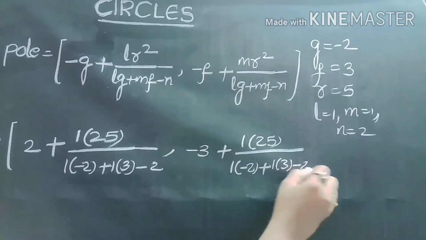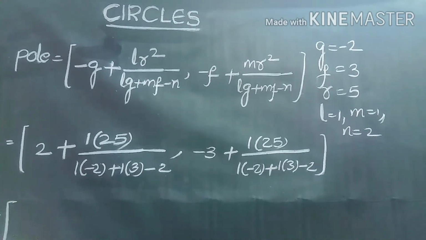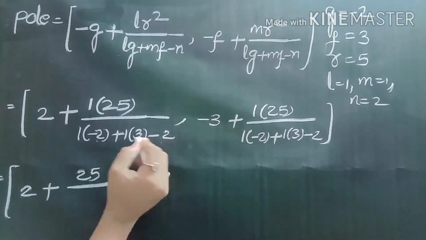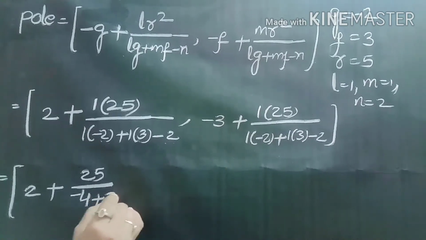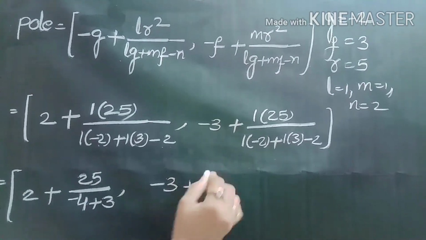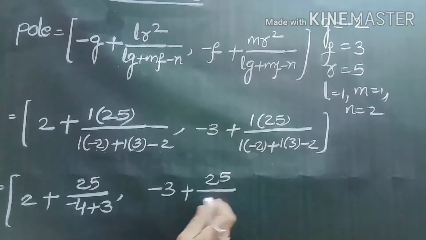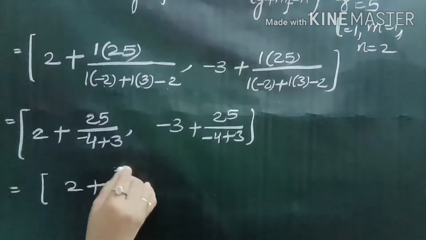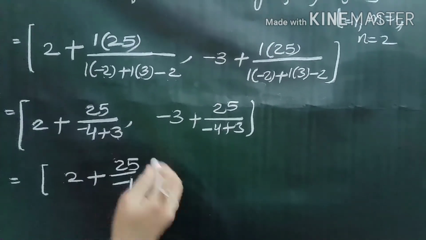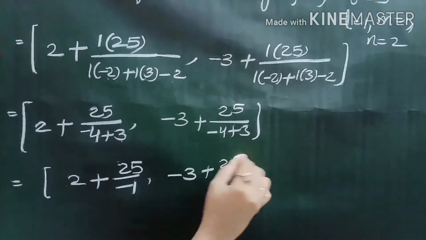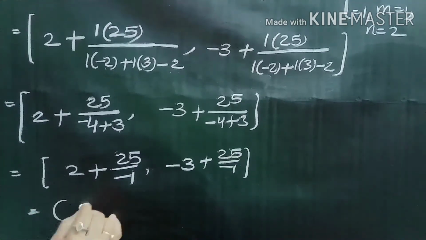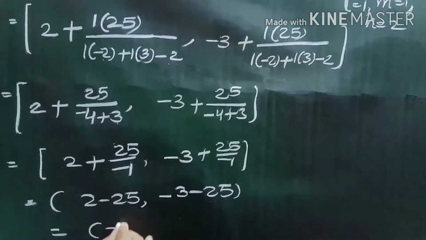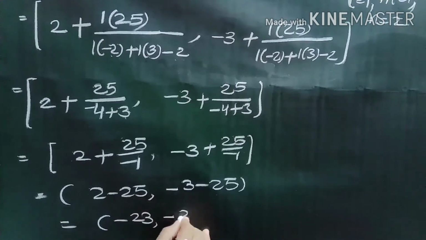This is equals to 2 plus 25 by minus 2 minus 2, minus 4 plus 3, comma, minus 3 plus 25 by, here also minus 2 minus 2, minus 4 plus 3, which is equals to 2 plus 25 by minus 1, minus 3 plus 25 by minus 1, and this is 2 minus 25 comma minus 3 minus 25. So this is equals to minus 23 comma minus 28, which is a